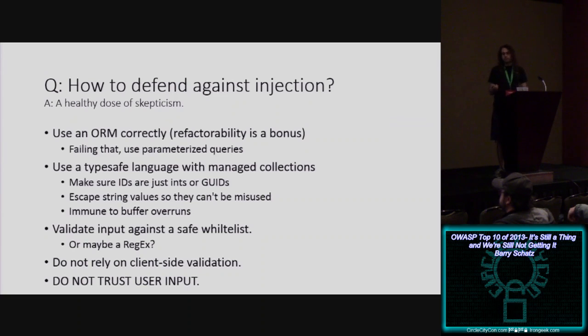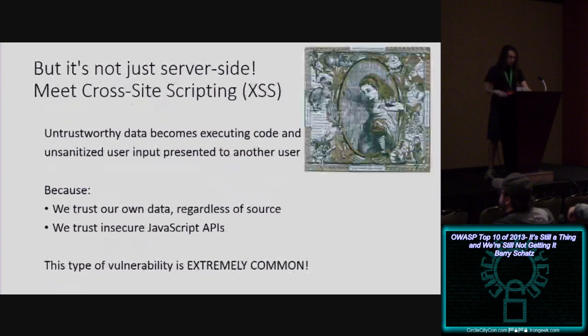So at this point, presumably, you've locked down your server. Your data is pretty well safe. So the next thing is your attacker is going to attack your customers. Cross-site scripting is our next one, and very much like SQL injection or injection in general, untrustworthy data suddenly becomes executing code, generally in the context of JavaScript. And so, hey, through the looking glass, as it were.